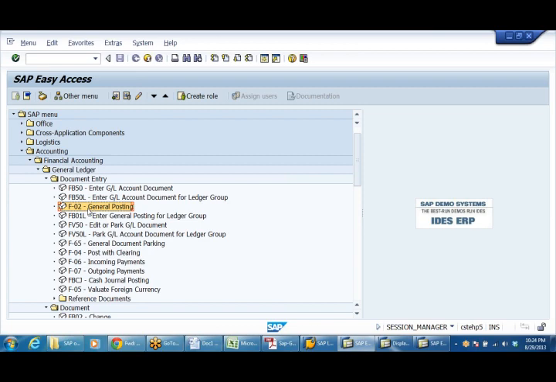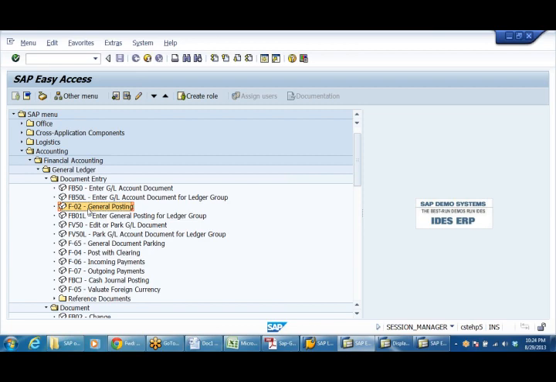Even if you look at the manual documents, you'll find it like that, prepared by somebody, verified and posted by somebody. So even here, every document we can make in such a way that the accountant prepares the document and saves it, and the superior officer will look at the document, verify, and then post. So this is the requirement. This theory I have also given in the notes, right? You can go through that. The same thing has been provided in SAP.